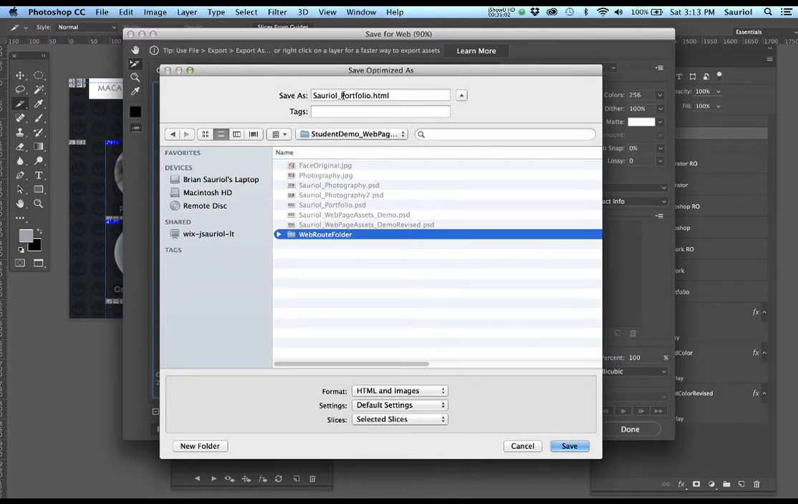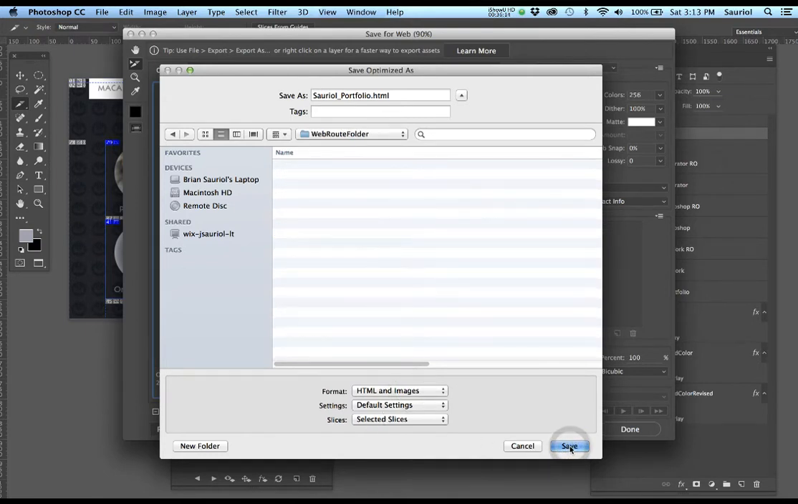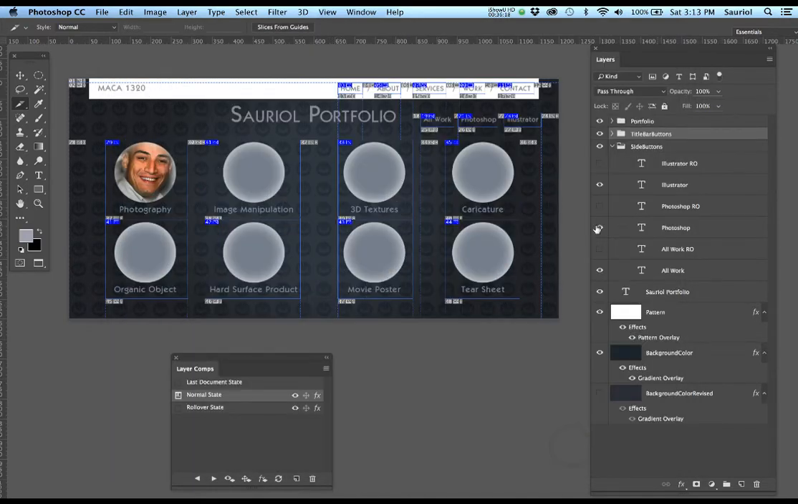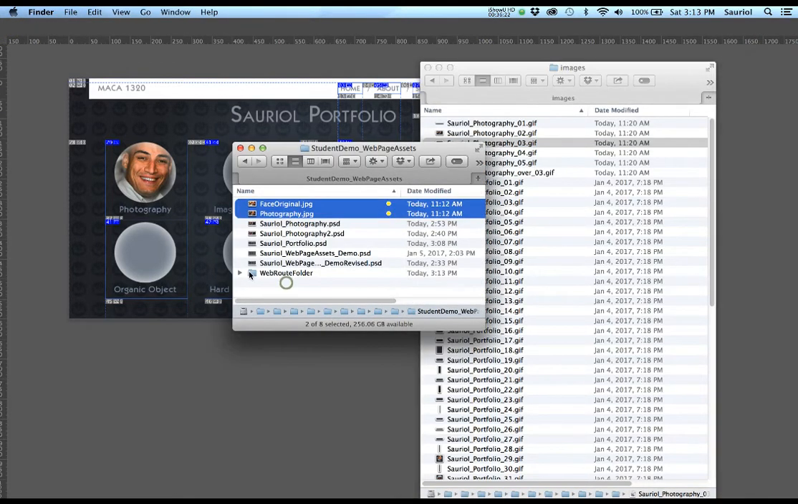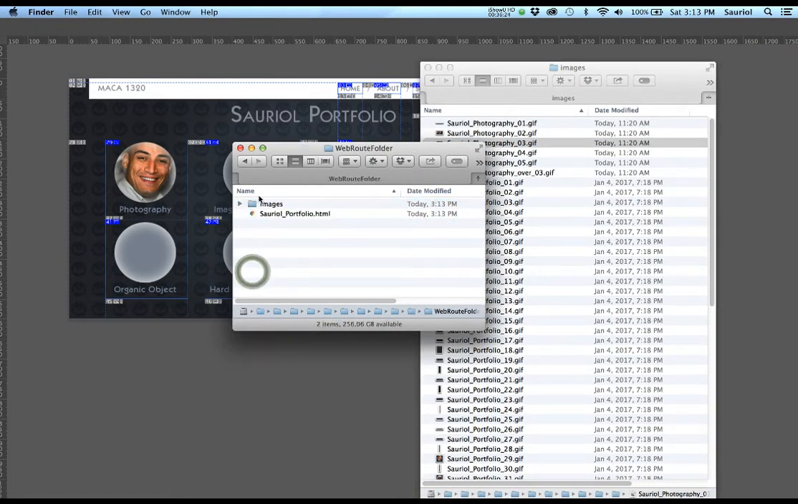Look at how it's Sorial_portfolio, HTML and slices right here. Don't touch default settings and leave it on selected slices and just click save. Now, as soon as I click save, what it has done, let me go back to the folder. What it has done, and I'll go into it right now, is it's already made the images folder, watch this,